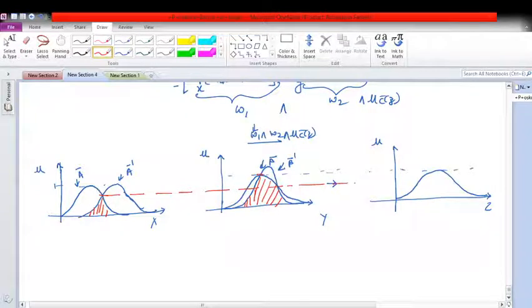w1, this is my w2, and then what is to be done? Do the intersection on it. Means what? I will select the minimum from it and then clip on C bar. Okay, this is my C bar, and whatever the clipped region I am getting, this will be my C bar dash. Okay, so this way you can compute the output, and I observe that here all these are the fuzzified values. Okay,